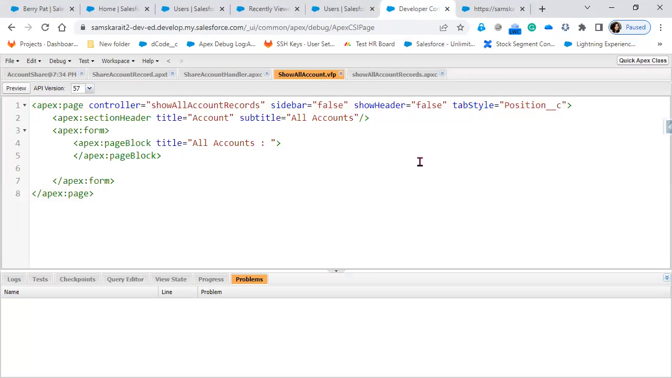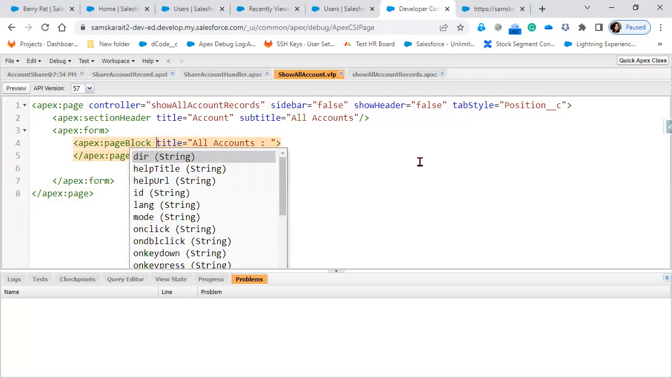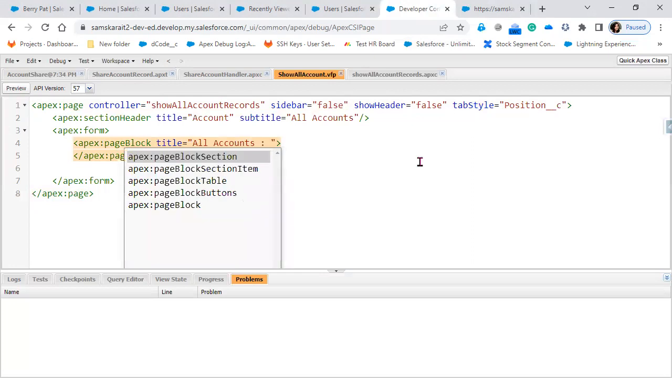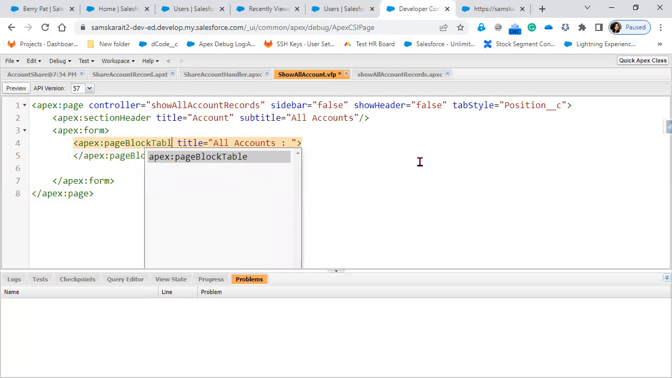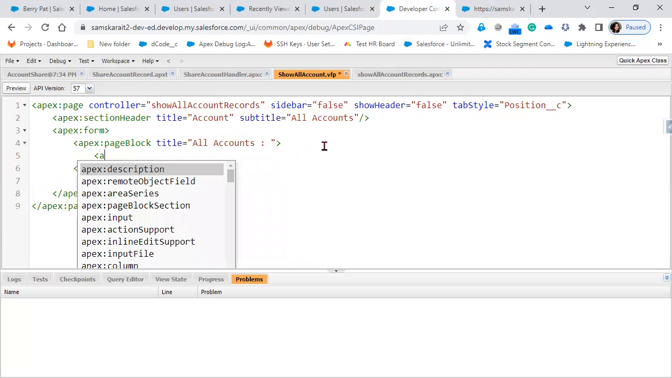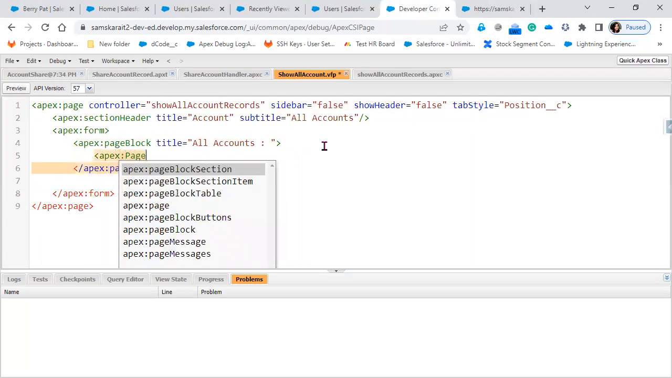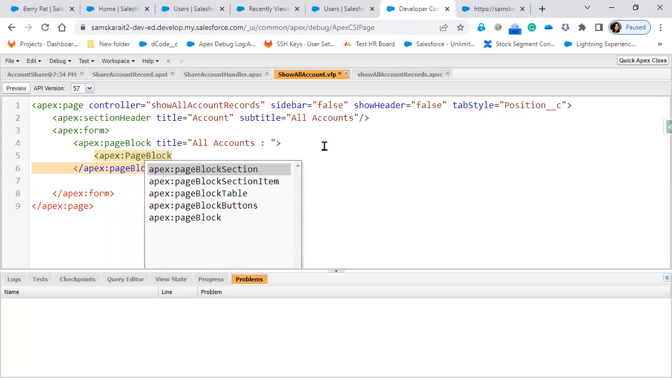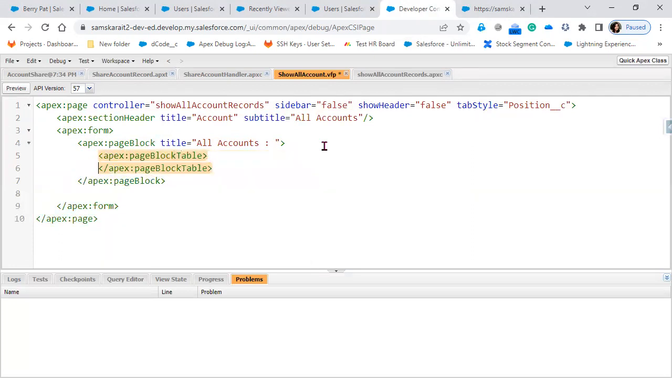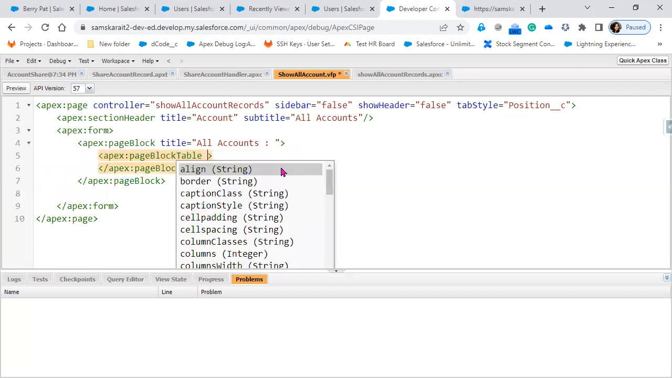So here within the Apex page block table, instead of a page block, let's take it as a page block table, because I'm going to display directly a table here. So for this table, within this, let's write it separately. Apex colon page block table. And for this table, I'm going to pass a value